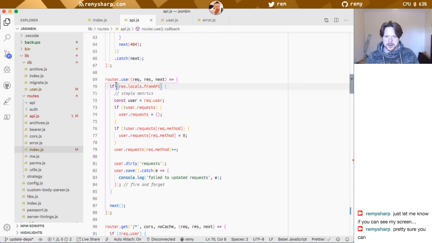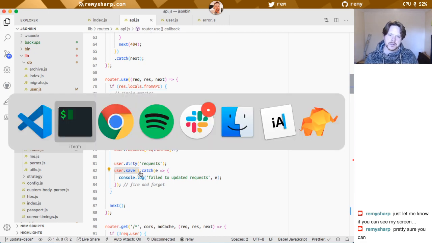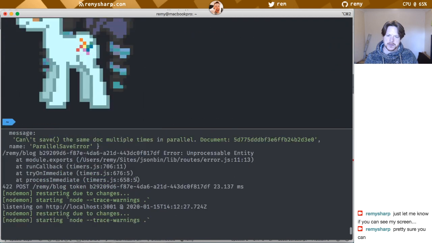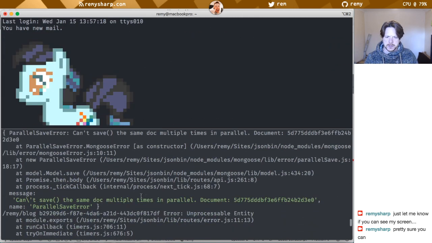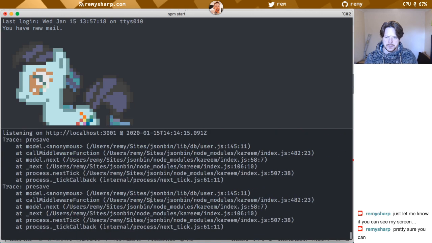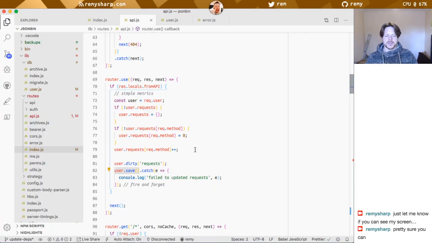Okay, and then we've got if it's from the API, which is our one was from the API. Then we're going to log the... Oh, here we go. Might be that. It's supposed to be a fire and forget, but I wonder if this save is happening somehow concurrently to the other save. Why Mongoose would have a lock on that user, I don't know,